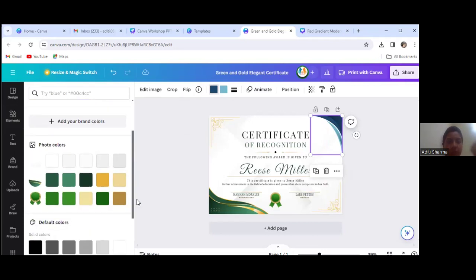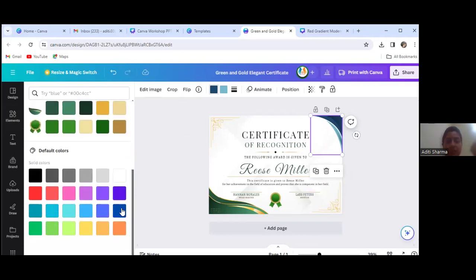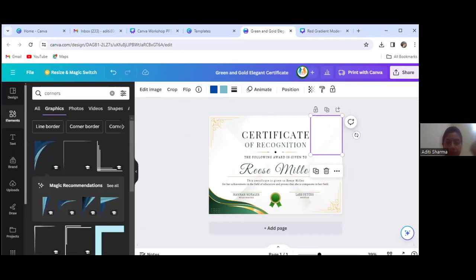We can scroll down and select our colors. Just a minute. Yes, is it visible? Color is changed.